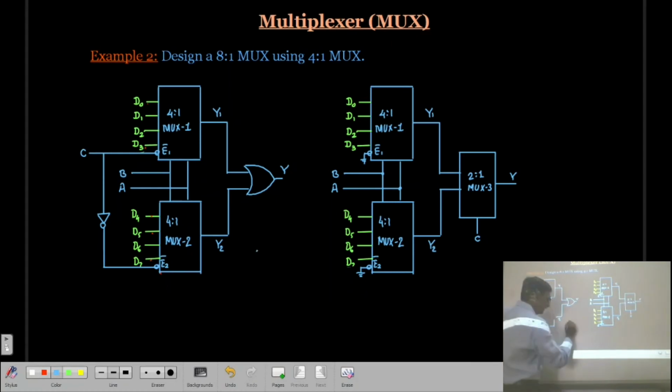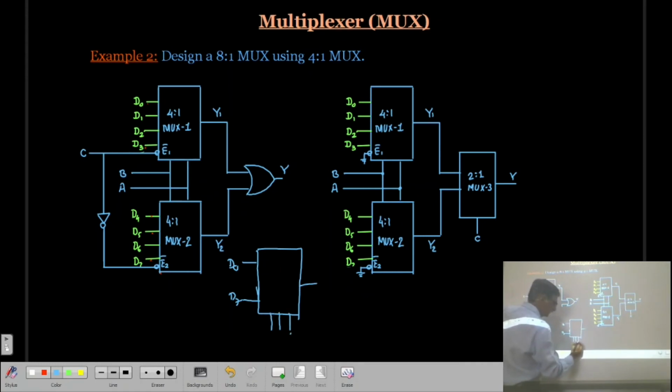Basically, if I want an 8-to-1 multiplexer, remember, it is from D0 to D7, then how many selection lines should there be? There will be 3: A, B and C. So we require 3 selection lines. But in a 4-to-1 multiplexer, we have only 2 selection lines, A and B. Okay?